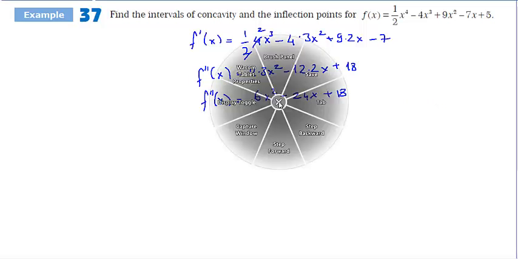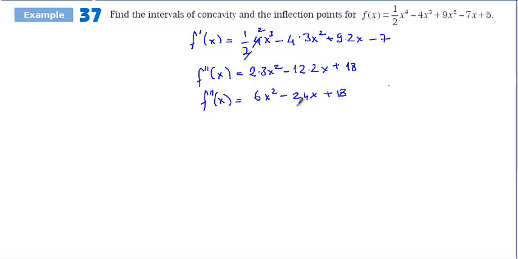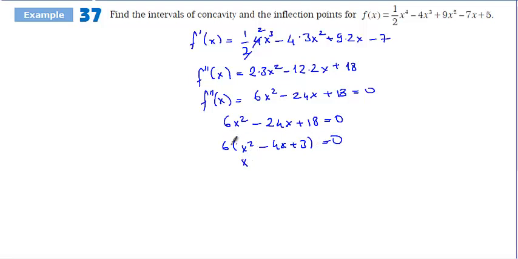To understand the inflection point, we should say the second derivative is equal to 0. We should write 6x squared minus 24x plus 18 is equal to 0. When the second derivative is equal to 0, if you remember, this gives us the inflection point. 6 is the common factor here, that's why x squared minus 4x plus 3 is going to be equal to 0. When you multiply two numbers and the result is 0, one of them must be 0. 6 is not 0, so x squared minus 4x plus 3 must be 0. Then (x minus 3)(x minus 1). We have x is equal to 3 and x is equal to 1 as the inflection points we are going